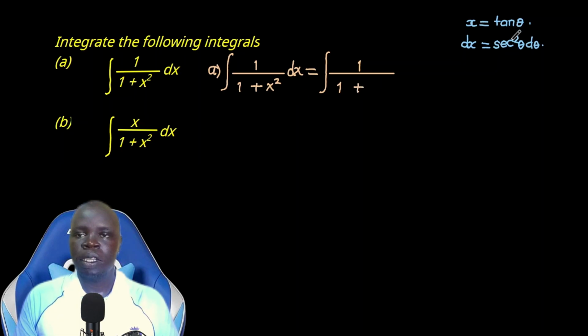Now x is tan theta, we can replace here tan theta, putting in mind that our x is squared, so we have to also square our tan theta, and that is how we normally write it. So instead of writing dx, we're replacing dx with secant squared theta d theta. So we have to multiply this with our secant squared theta